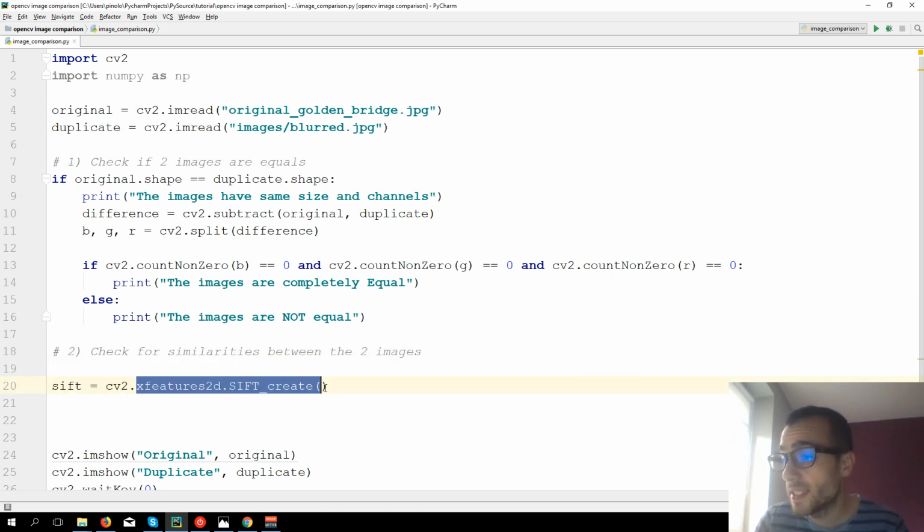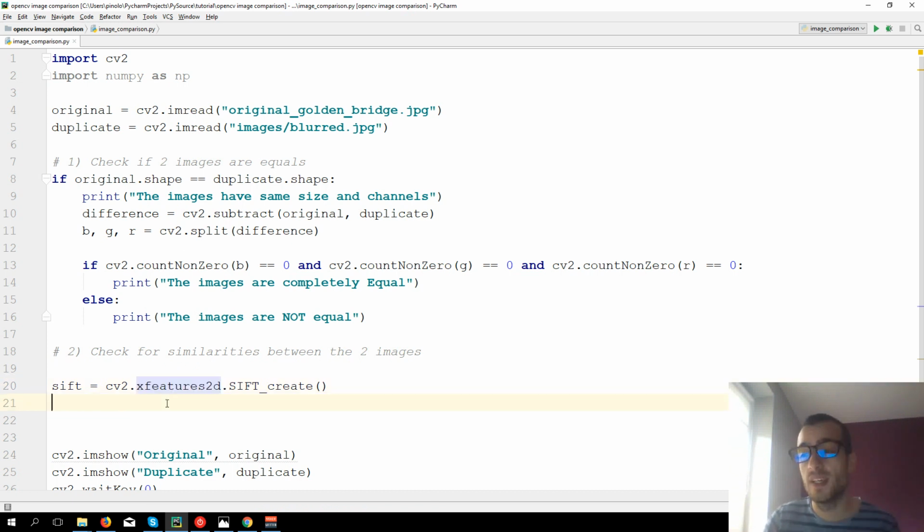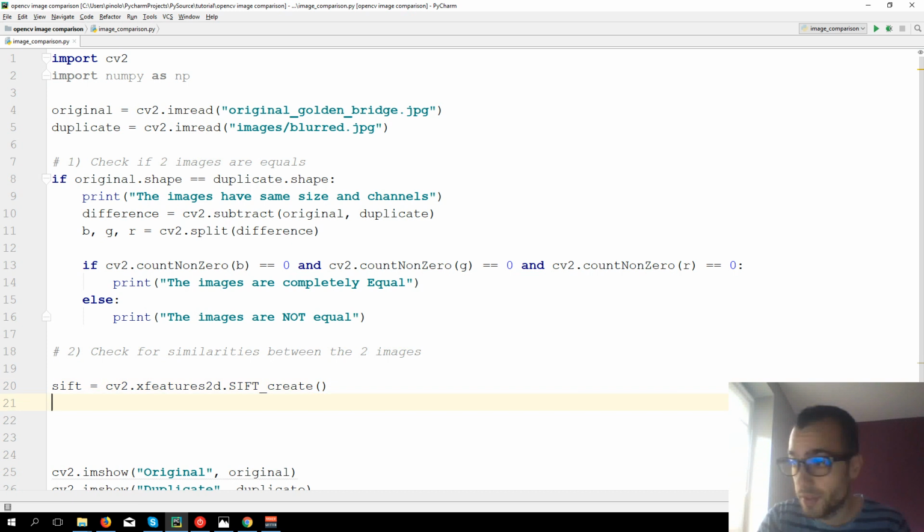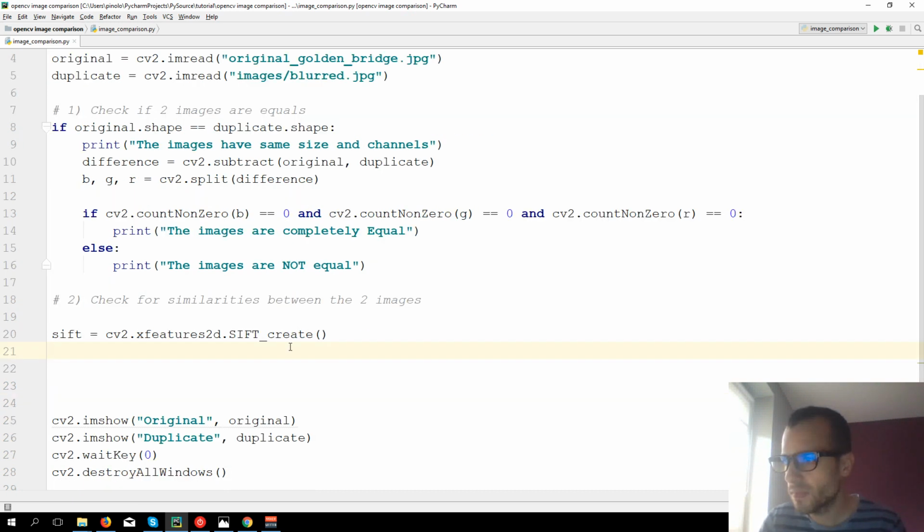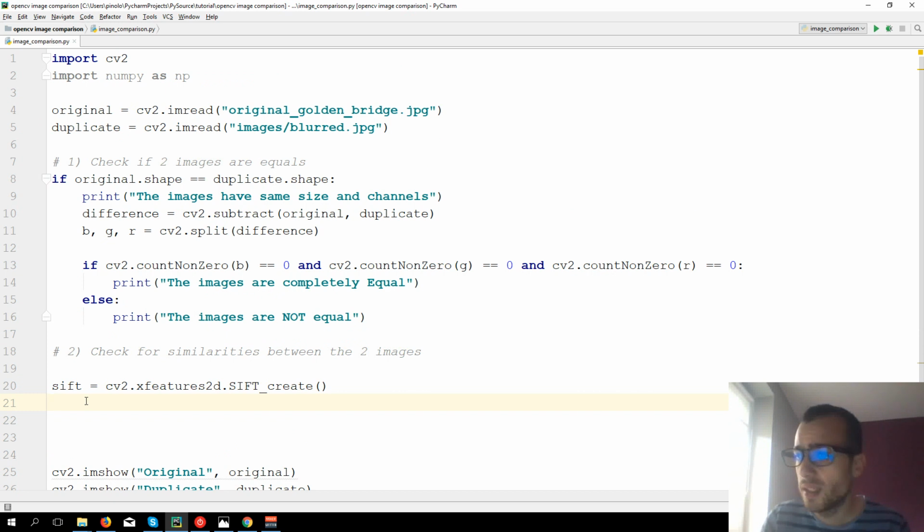To have the SIFT algorithm you also need some extra library of OpenCV. So if you just install OpenCV, probably you will not have this one. I will write on the blog how to get that. xfeatures2d.SIFT_create, and that's enough. Now we can detect the key points